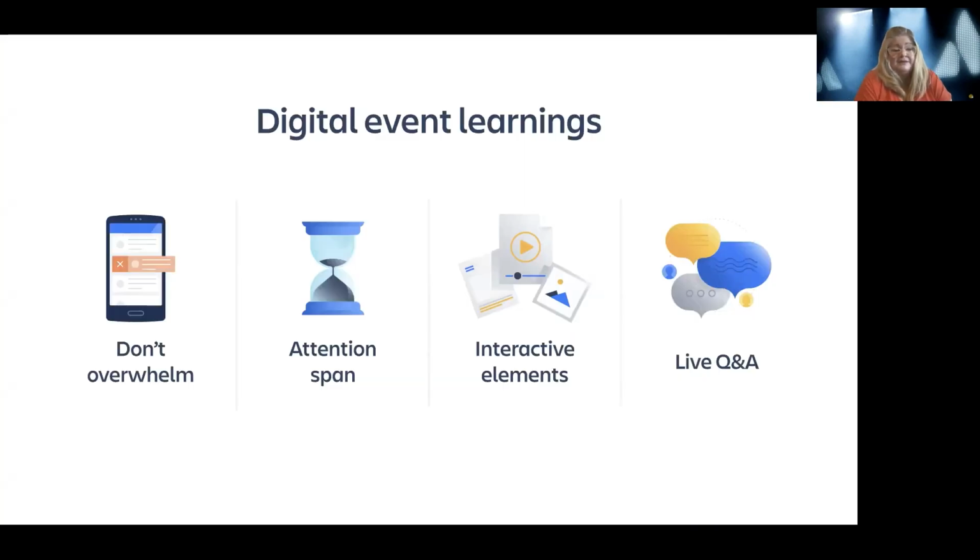A few top considerations come into play when you're executing a digital event. First, consider the bandwidth of your audience. I'm sure your inbox and calendar are being flooded with tons of digital event promotions and meetings, and they're all competing for your time and attention. The same is true for your target audience. So be strategic about what you promote. You want to get the best results and deliver the most value to your attendees in exchange for their valuable time.